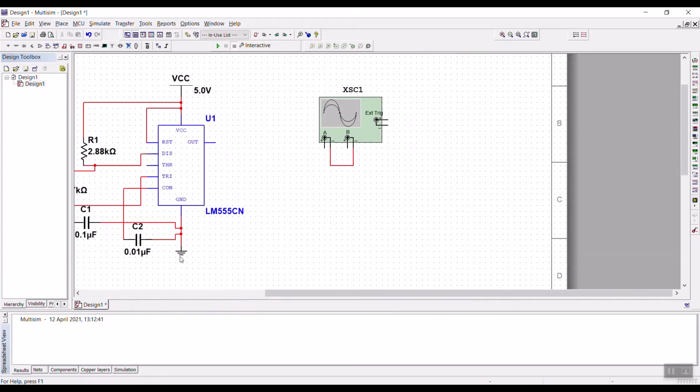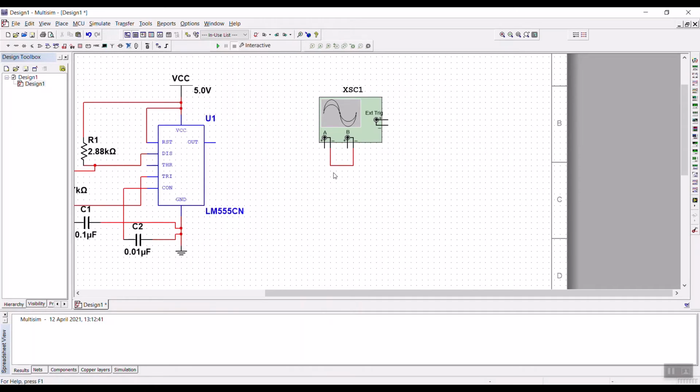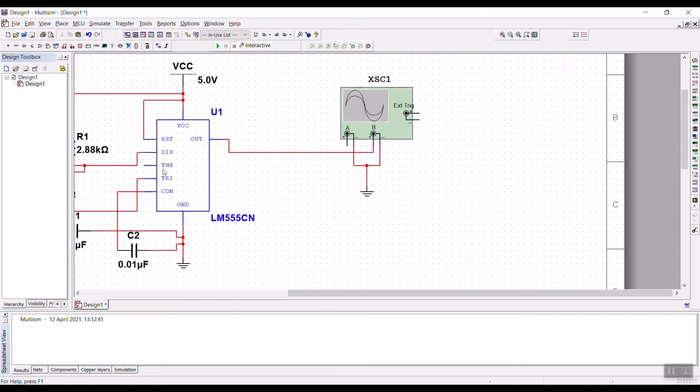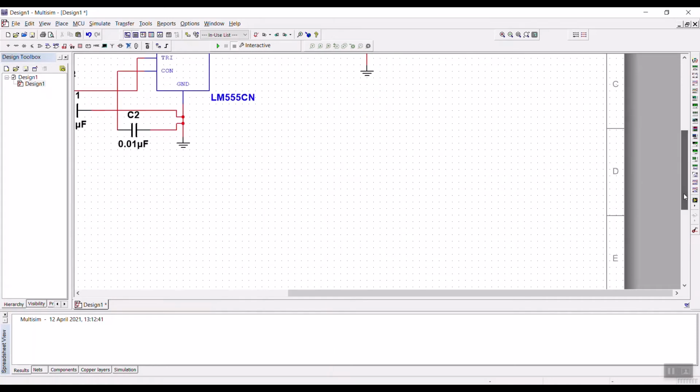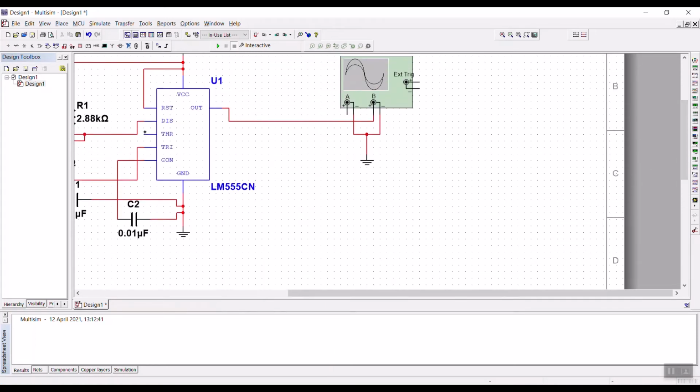So you just select this component and just copy it. Copy. After which you have to paste it. Instead of getting the component again and again, you can do this. Then you just connect it. After which the B channel's positive end will be connected to the output, and the threshold as well as the trigger should be shorted. According to your circuit diagram, it should be shorted. So you just short it.